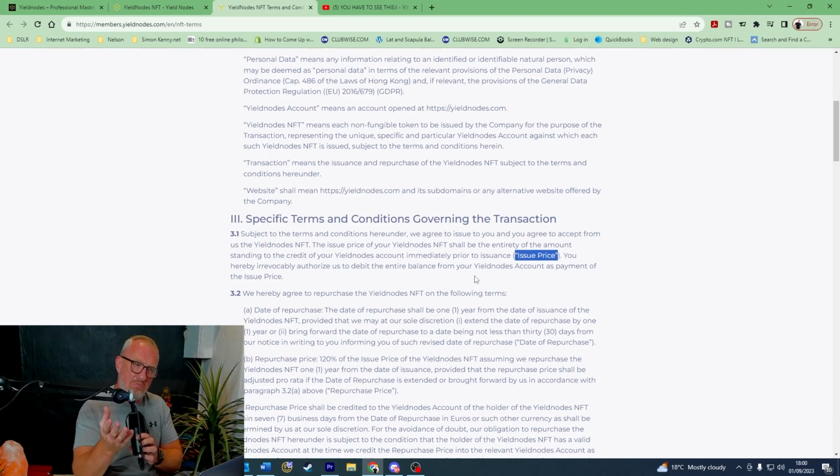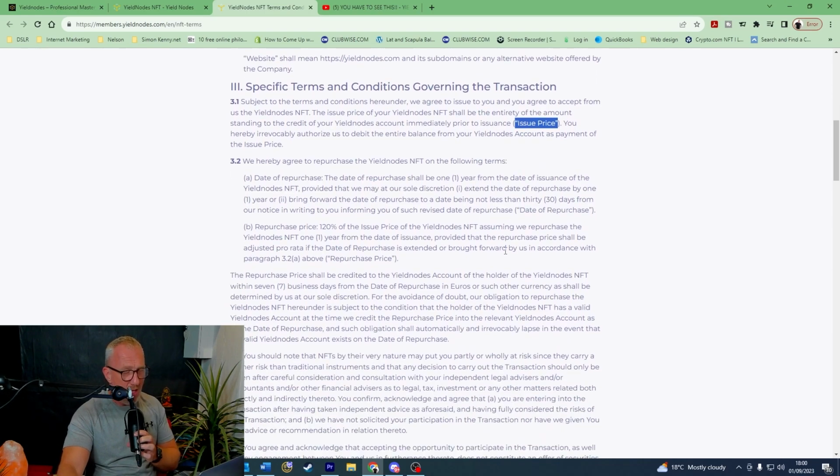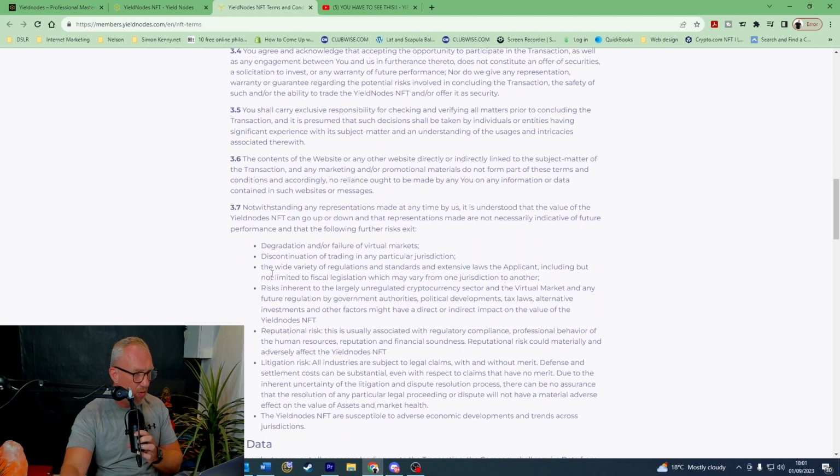Now, maybe that's not what they're saying. Maybe if there's any lawyers or legal people out there, contract writers, might infer that differently, but that's what I think it's saying. You are now accepting this NFT and you are paying for it with your Yield Nodes balance. Now, I know they've said that they may or may not buy it back in a year's time for 120% of the value printed on it, but that brings me on to the next point here, which is down on 3.7, when it says,